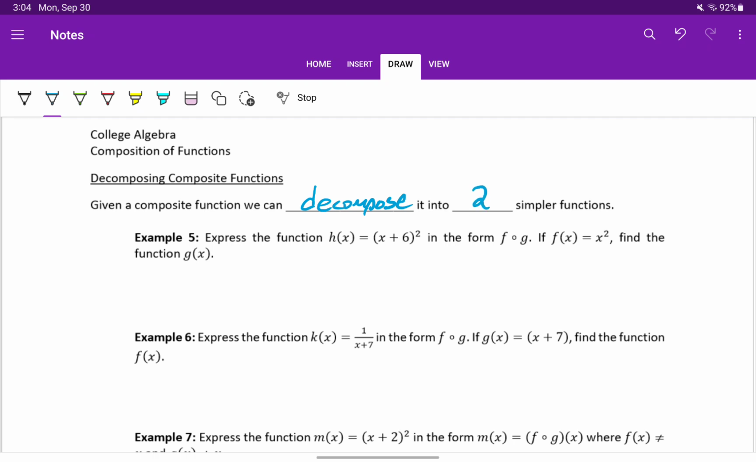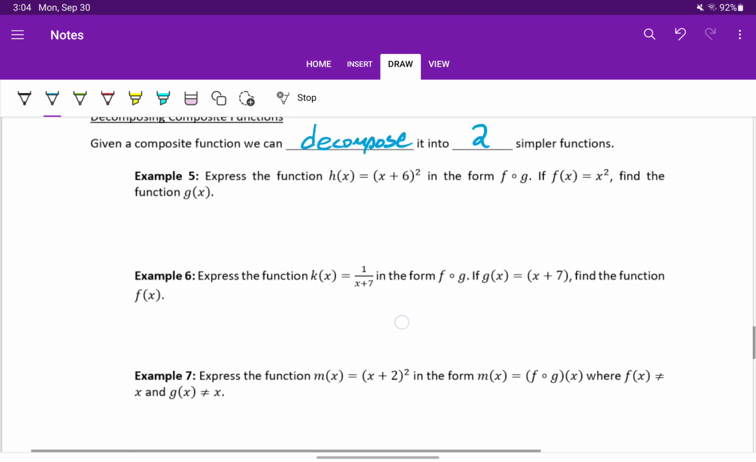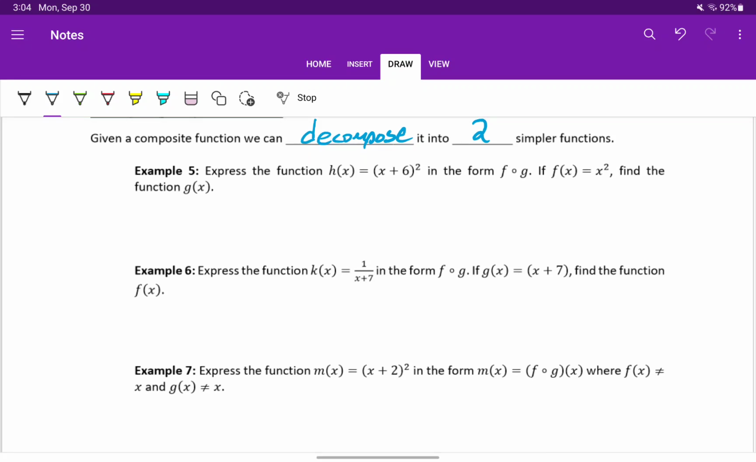into two simpler functions. Right now we're more or less doing this for the sake of doing it. But when you hit calculus later on, business calc later on, this is going to become a critical step in knowing how to work a number of problems in that course. Being able to identify that you have the composition of two functions and knowing how to break that into its two different components. In example 5, we're given the function h of x, and what we want to do, or